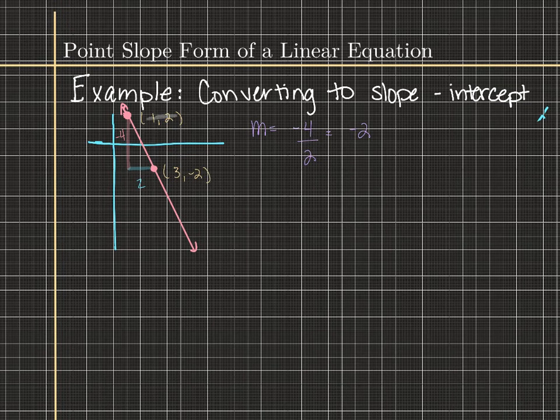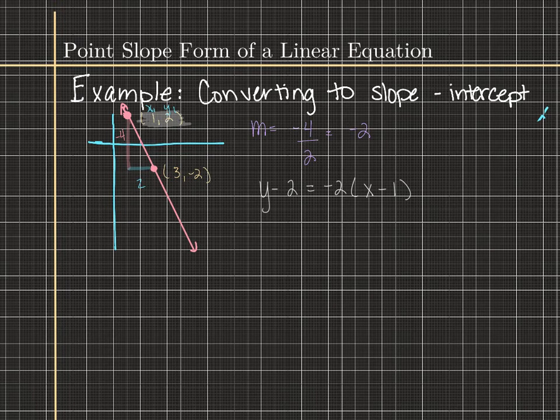Now I need to pick a point. I can pick any point. I'm going to pick 1, 2. Any point would work. I'm picking 1, 2. I'm going to label that the 1 is my x1 value and that my 2 is my y1 value. And now I can get ready to set up my equation. So I'm going to be taking y minus my y1, which was 2, and that's going to be equal to my slope, negative 2, times x minus my x1, which is 1. Now this is in point-slope form, but recall we want to convert this to slope-intercept form,